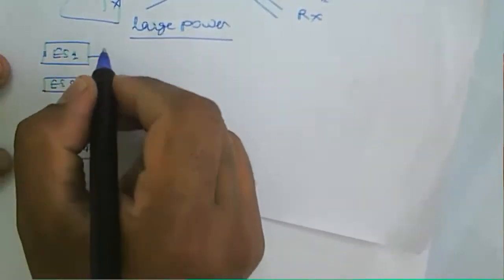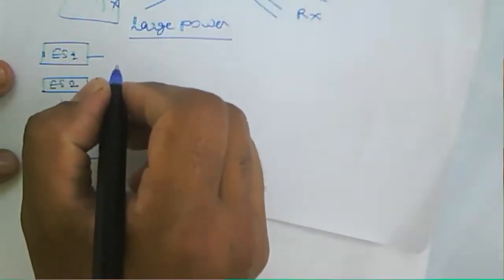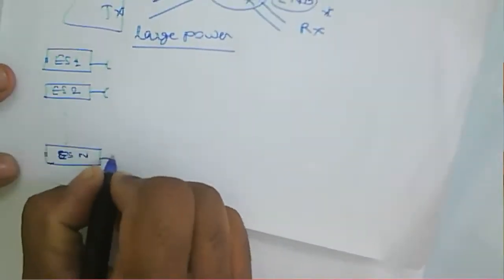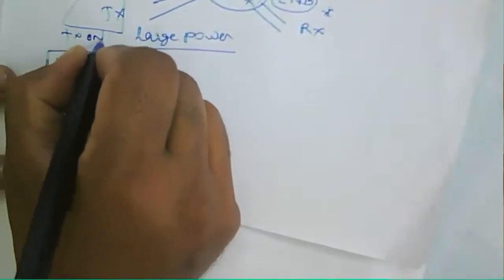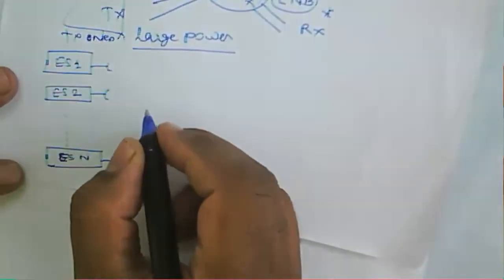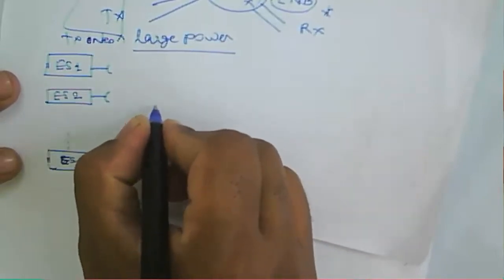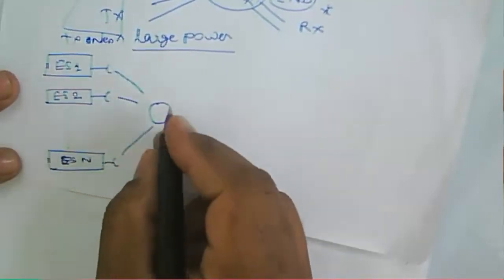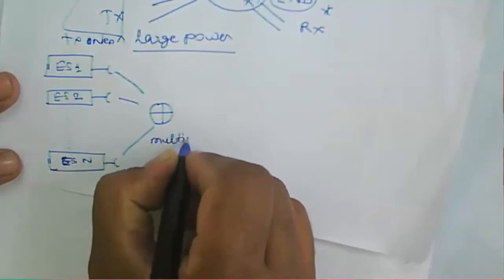Each and every earth station is transmitting a signal. We can say that they have the transmitting antenna. They are transmitting the signal, and the selection of the signal from each and every earth station will depend upon the multiple access technique,